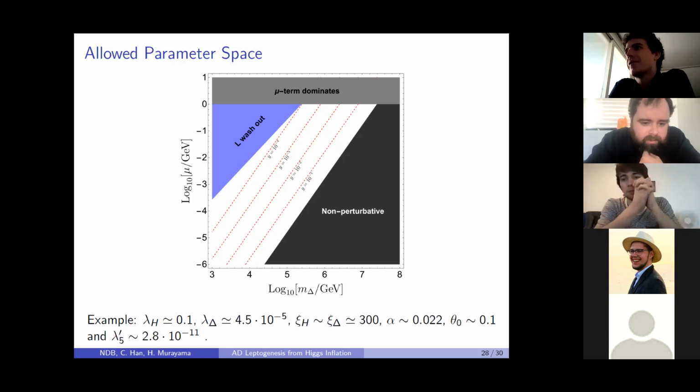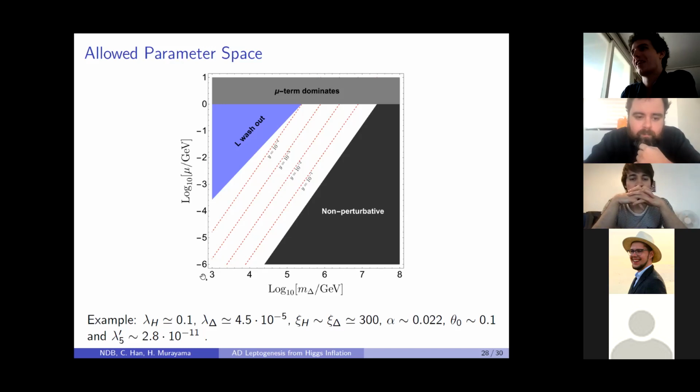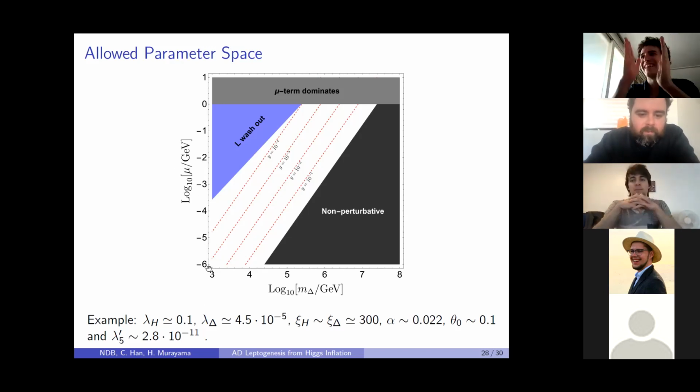So can I interpret this plot as being bounded from the left by these collider constraints? Yes, I would say yes. We probably should have extended it slightly. So this white region is more or less closed. I guess you could imagine that this would keep going down to even smaller mu's until it hits that wall.